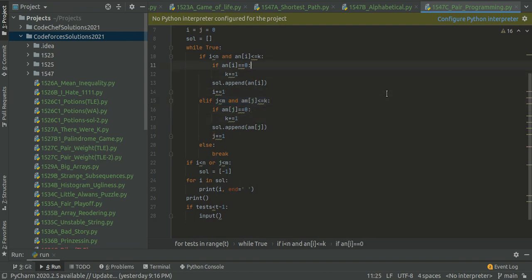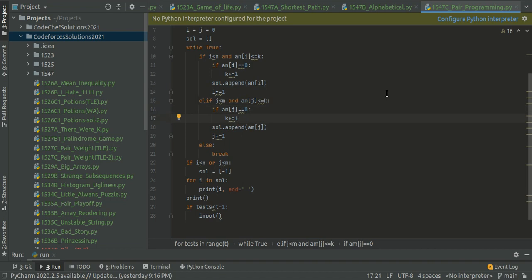What we are doing here is checking if the value is equal to 0, then we increment the value of k, which represents the total number of lines, and we append it to the solution array. Now we increment the value of i, since that index has already been visited.